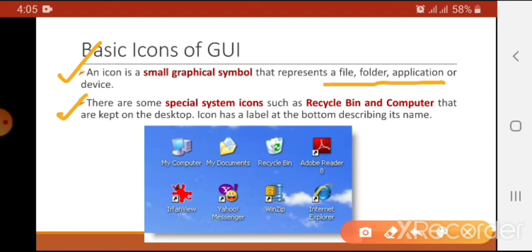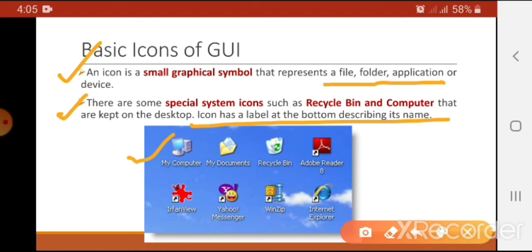Icon has a label at the bottom describing its name. You can see that there are small pictures with their label under them, known as the icon. Each icon has its specific picture or specific graphics and its own name.